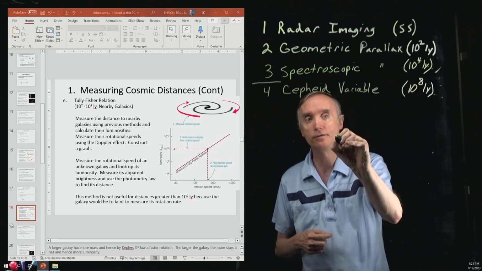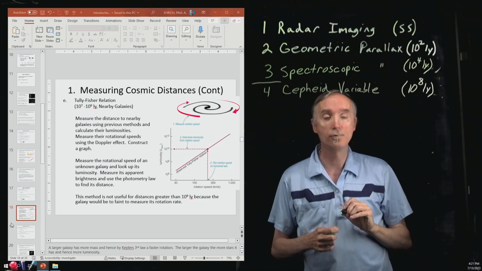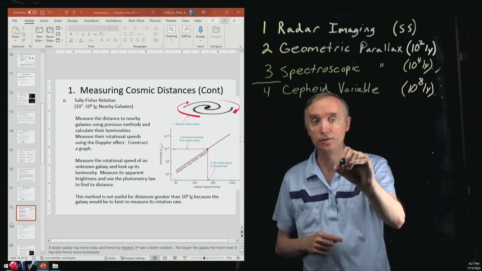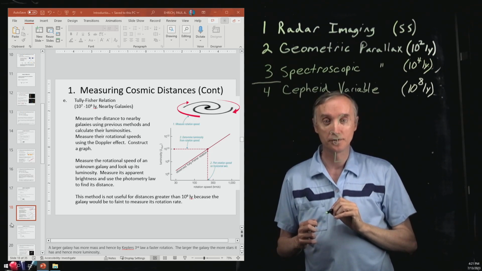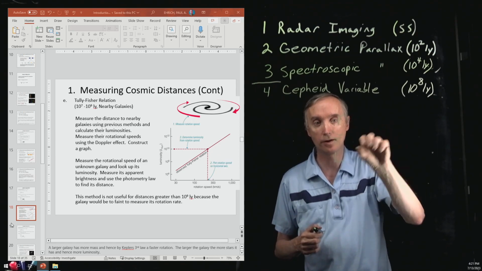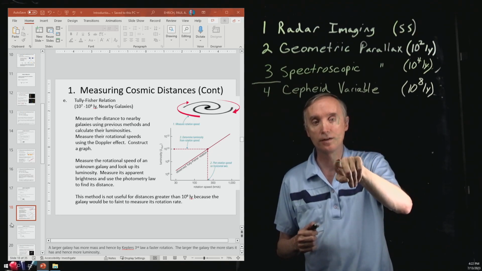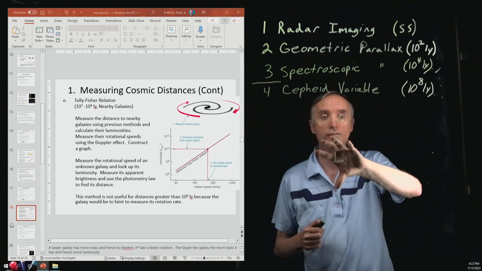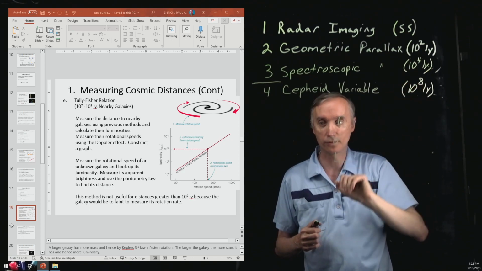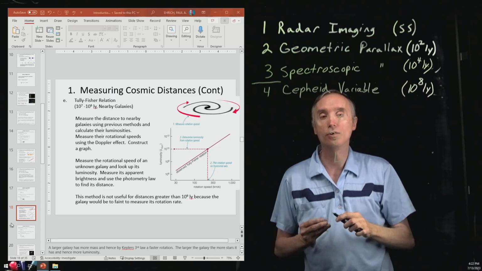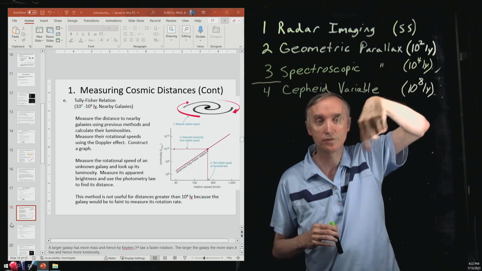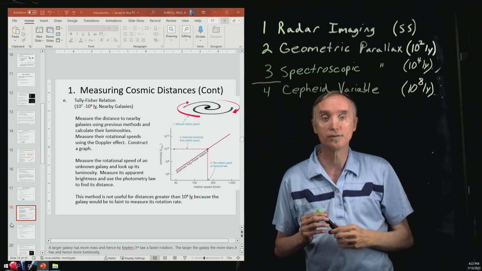So now we've got the F. Now we're going to measure their luminosities using photometry. So F is equal to L divided by 4 pi r squared. So now we've got the luminosities of these galaxies that are close to the Earth. Now, for each of those galaxies, we're going to measure how fast it is rotating by using the Doppler